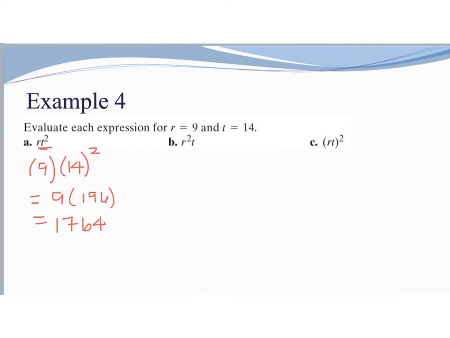1,764. Now if we go to part B, I have my r value as being squared, so we know that r is 9. So I square that. I multiply that by t, which in this case is 14. So here I have 81 times 14. And when I do that math, I end up with